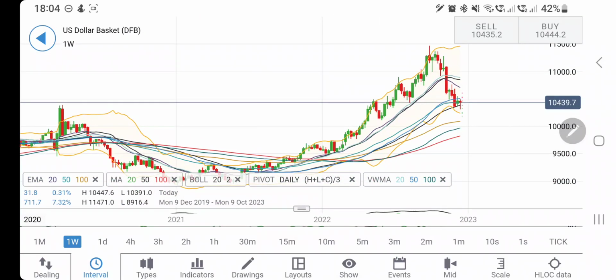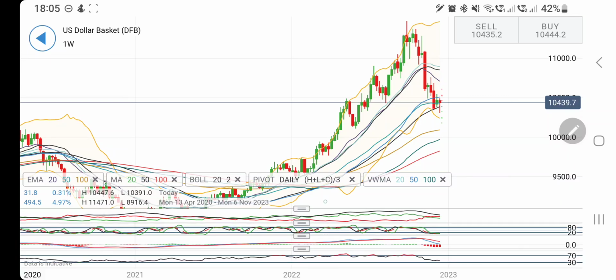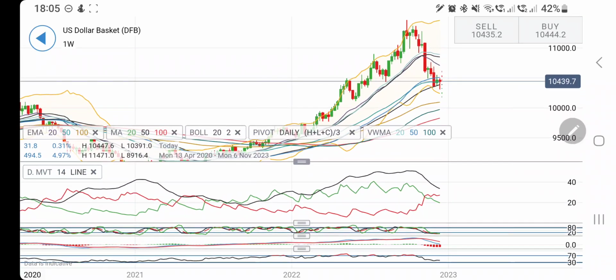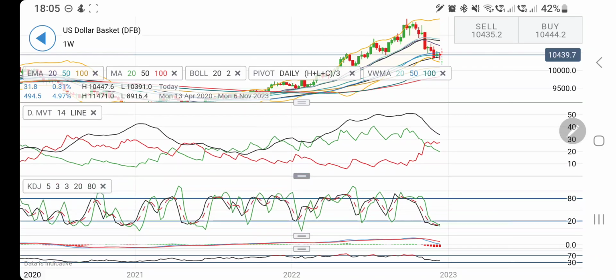And if you look at the weekly charts, the 20, 50, 100 moving averages, everything has started to converge here. This also indicates that this is the beginning of the downward move from here for the next few weeks or months. Probably the high is done, and before it looks to a reversal, it can either try to sustain here for a little while or look downwards. The directional movement you can see has crossed over here after a long time. It traded bullish throughout these days, throughout a couple of years, and for the first time it crossed over a few weeks back, and since then it is trying to trade bearish, and it is divergent.